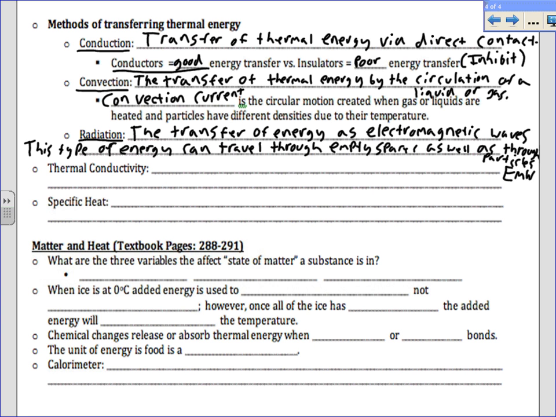All right? And that's the sun, it goes through the empty spaces, and then it goes through the particles in our atmosphere, and it warms us up with its infrared waves, and that's why we feel warm, because of the sun. All right? All right, thermal conductivity, the definition of that is a physical